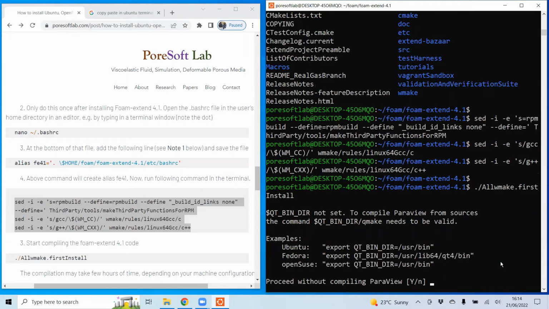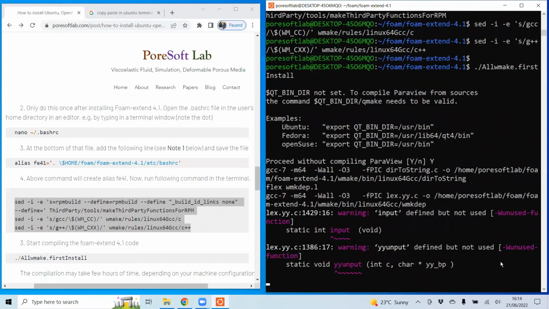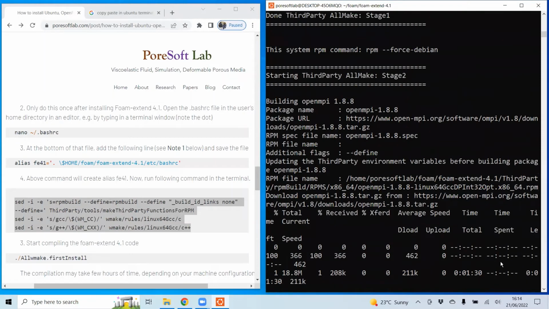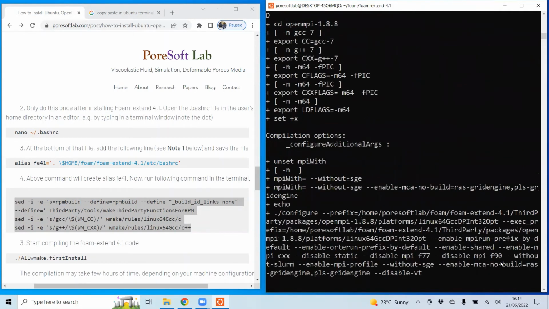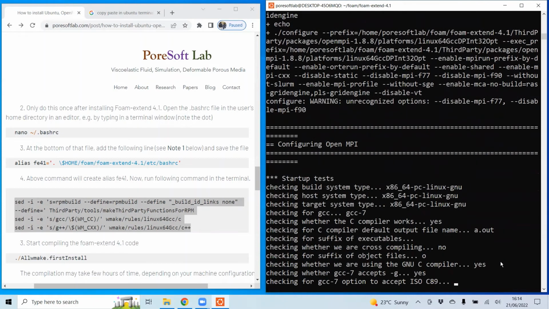It says proceed without compiling ParaView. Say yes by typing Y and enter. So now it started compiling foam extend, and it may go for at least 1, 2 or 3 hours. I will come back once this is done.